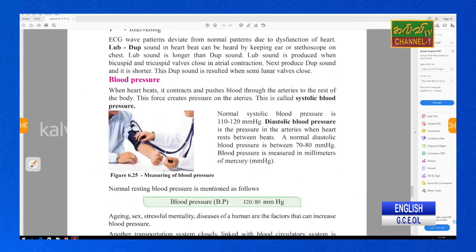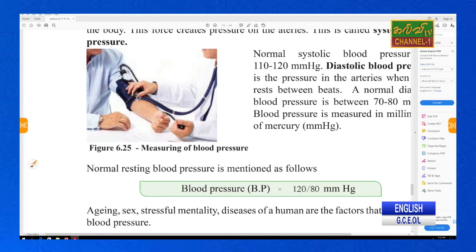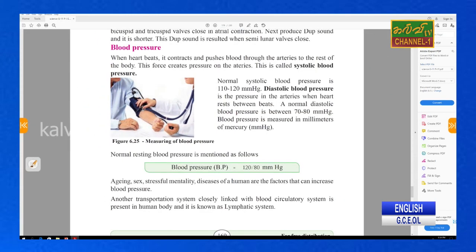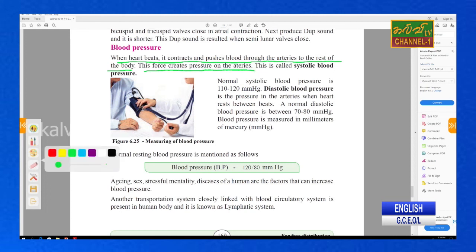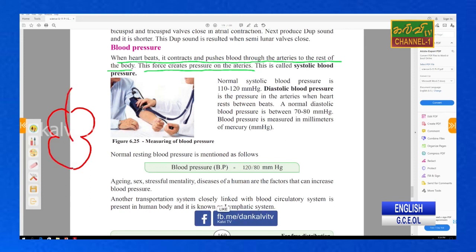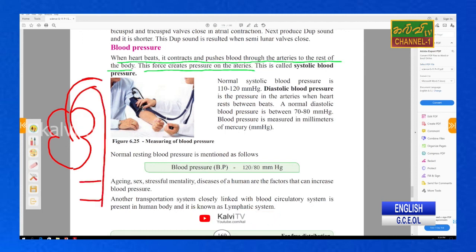Okay, the next one, blood pressure. Here they mention, when the heart beats, it contracts and pushes blood through the arteries to the rest of the body. This force creates pressure on the arteries. This is on the arteries, not veins, right? The aorta produces so many arteries. These are arteries,